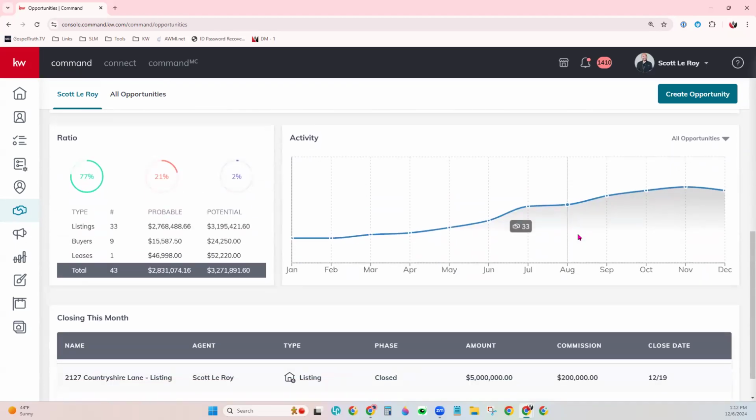Coming on down gives you just some more visual graphics of your business. On the left, you'll have a ratio graph here, again showing listings, buyers, and leases. It shows you how many you have of each type and your probable and potential GCI. Okay, just a different way of showing that graphic, how much of your business is actually listings versus buyers versus